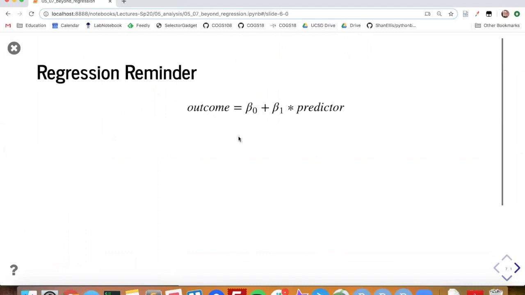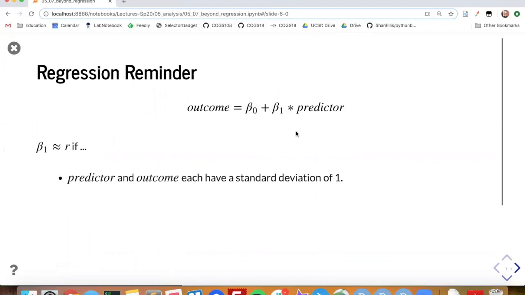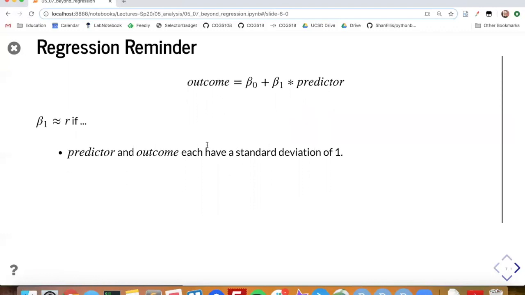Now, here is a bit of a reminder. Putting this back to simple linear regression, where we had outcome equals beta 0, the y-intercept, plus beta 1, the slope, times the predictor. Beta 1 and R are related, and they are approximately equal under the condition that the predictor and the outcome each have a standard deviation of 1. So that is a special case in which beta 1, this slope, and your Pearson correlation are going to be